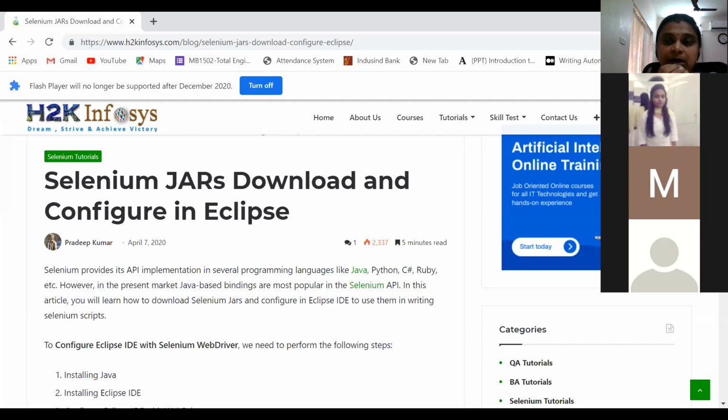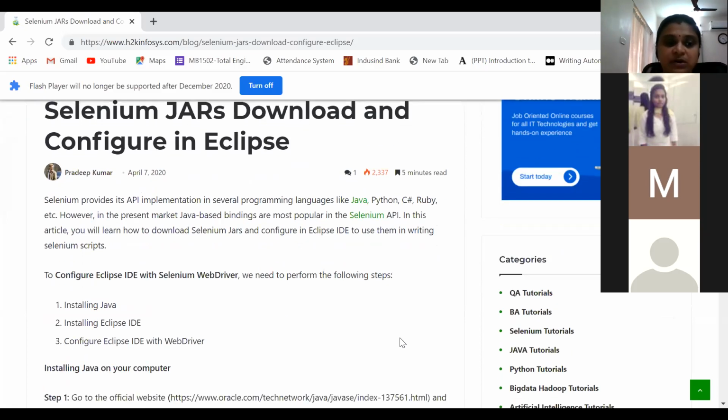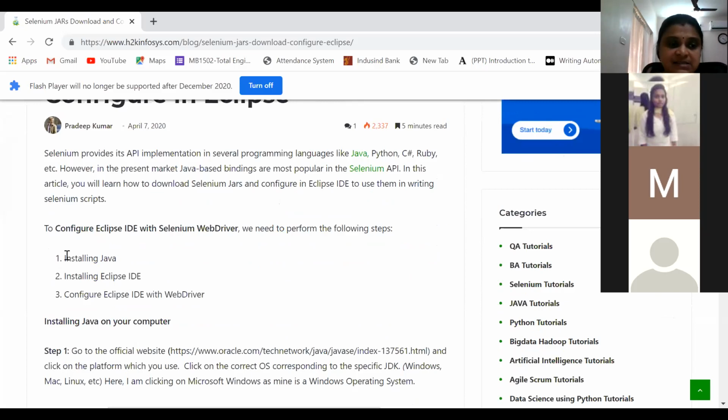Now there are some components of Selenium. We have 4 different components of Selenium. What is required for you to try this out? These 3 things. Definitely your system should have a version of Java installed. Then we'll use the Eclipse IDE to see how all these Selenium jars can be integrated with it and how we can use that.